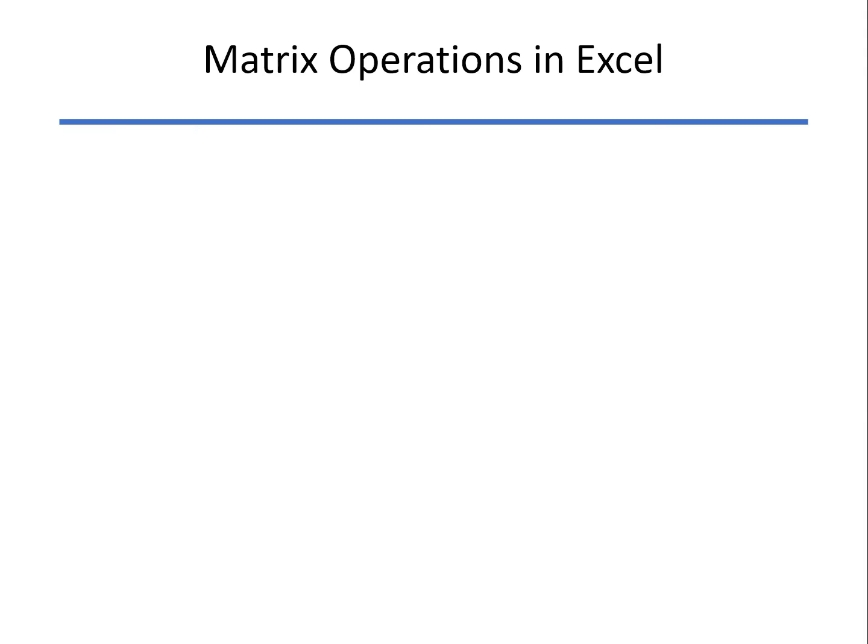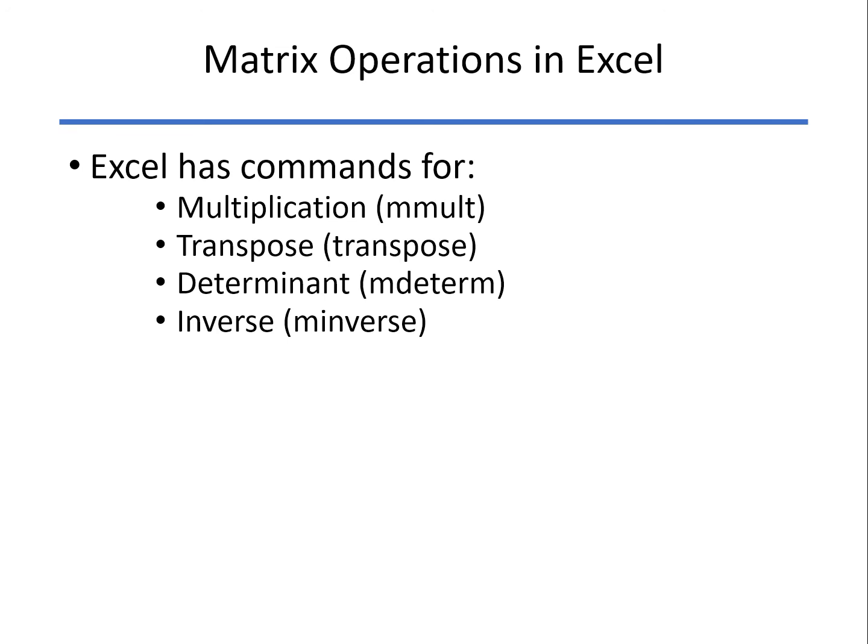So now that we've covered doing matrix operations in MATLAB, we'll look at doing some of those same operations in Excel. There are some commands that Excel has that all start with an M except for transpose. Multiplication is mmult, determinant is mdeterm, and inverse is minverse. And remember that as opposed to MATLAB, these are not case sensitive, so you can type them in as either